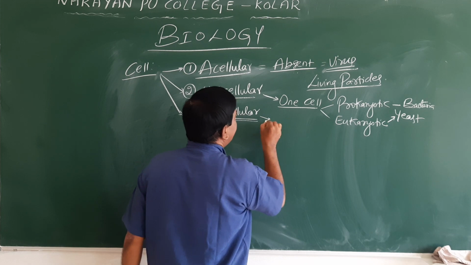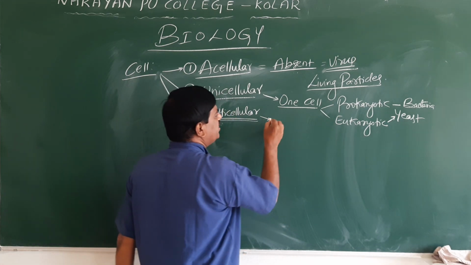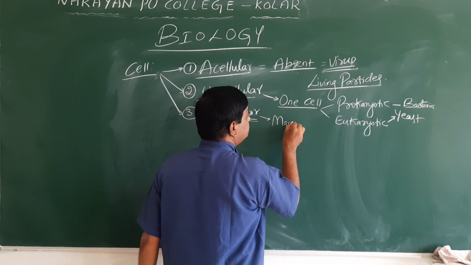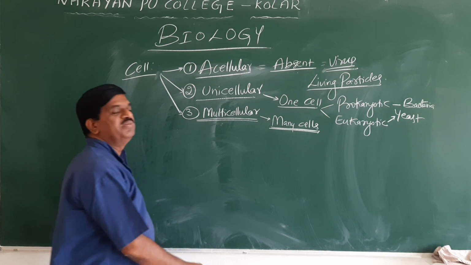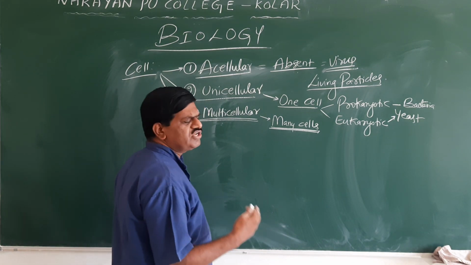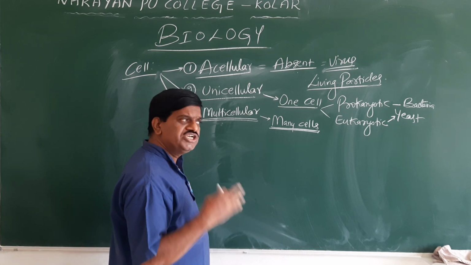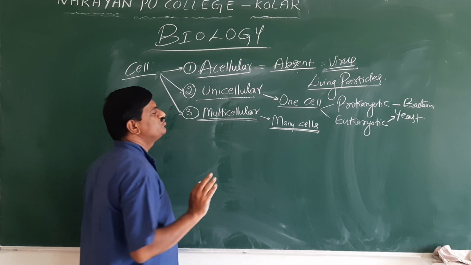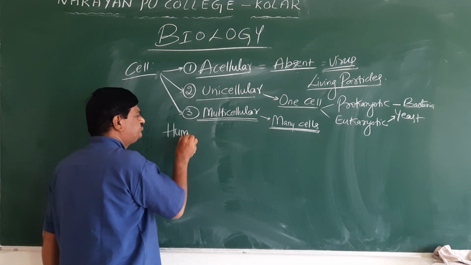Now we go for a word called multicellular. The word multicellular is nothing but many cells. An organism is made up of many cells. So there are thousands of cells present. An organism is made up of thousands or billions of cells. For that we use the word multicellular. For example, when you take a human,